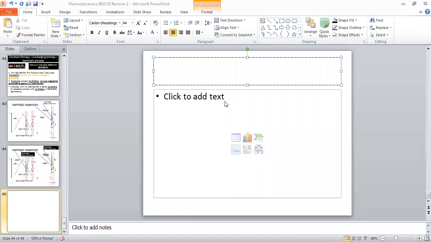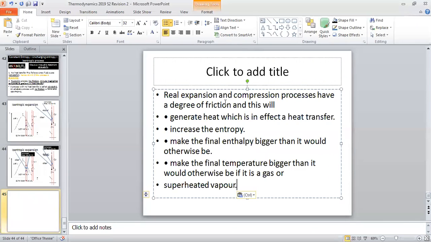And a little knowledge I will put here again. This is related to